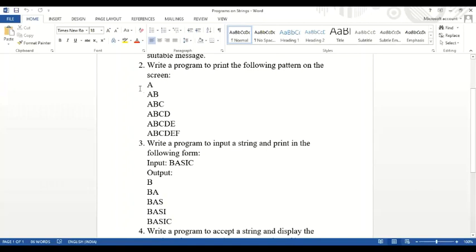You have to print the following pattern on the screen: A, AB, ABC, ABCD, ABCDE, and ABCDEF. Written?